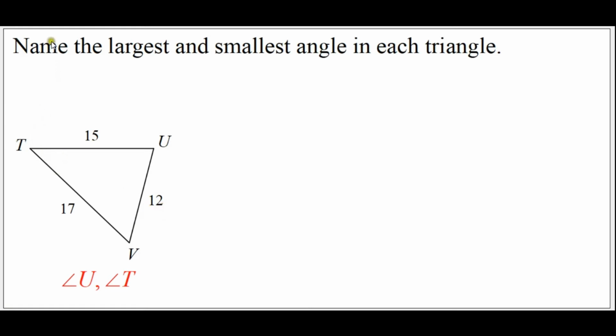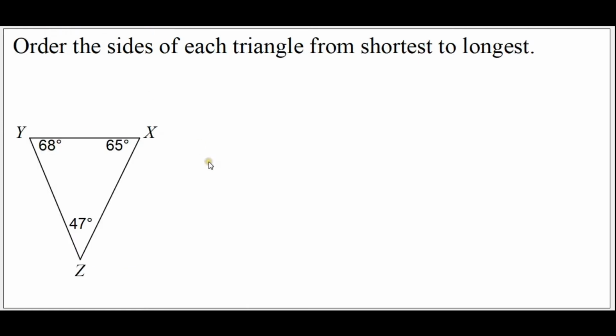Okay, let's have number 2. Now, kindly give the order of the sides of each triangle from shortest to longest. Given angle Y is 68 degrees, angle X is 65 degrees, and angle Z is 47 degrees. What would be the answer? So we have